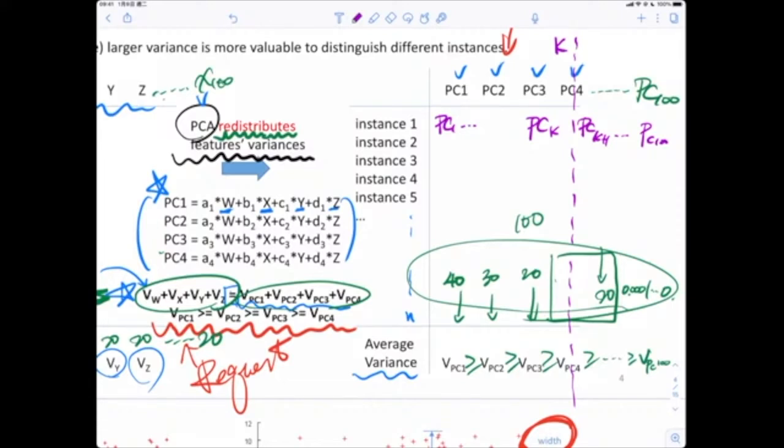That is very useless when you do the data analysis. So we do such kind of things by using PCA.